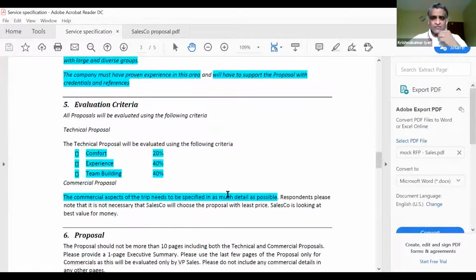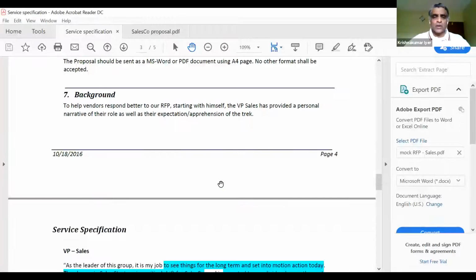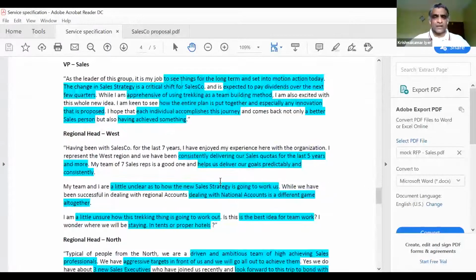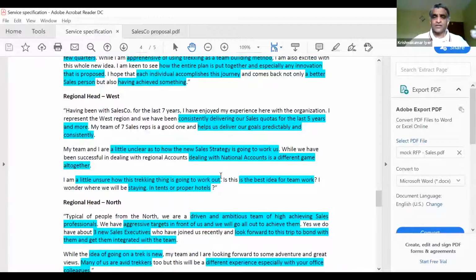So once you have done this exercise of identifying the issues, and as you can see, I'm just quickly scrolling through, a number of regional heads have shared their concerns or issues.